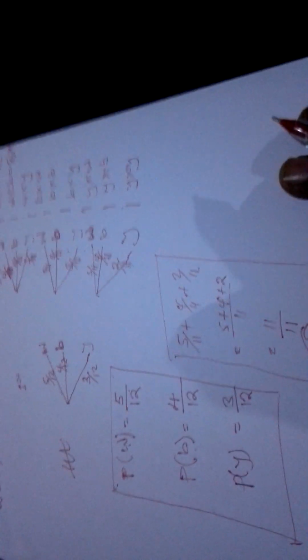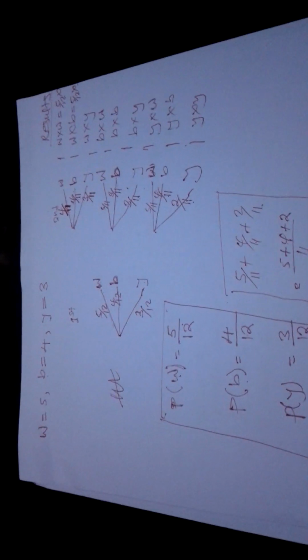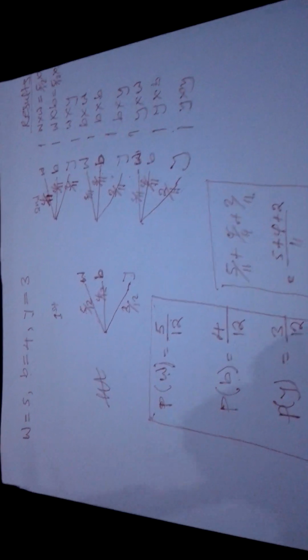Now, to quickly answer the question that they are asking us, what we need to do is this. The question says, find the probability of selecting pieces of chalk of the same color. So in my view, I'm going to look at the following. The probability of the same color will have